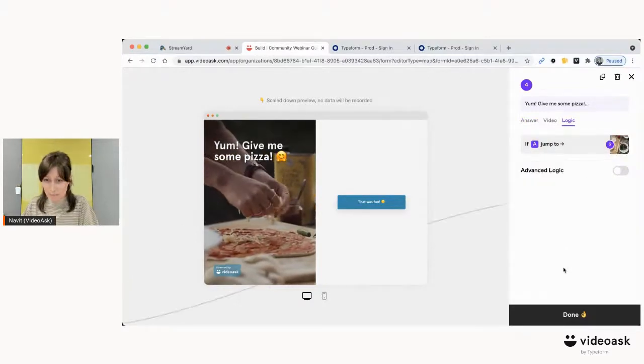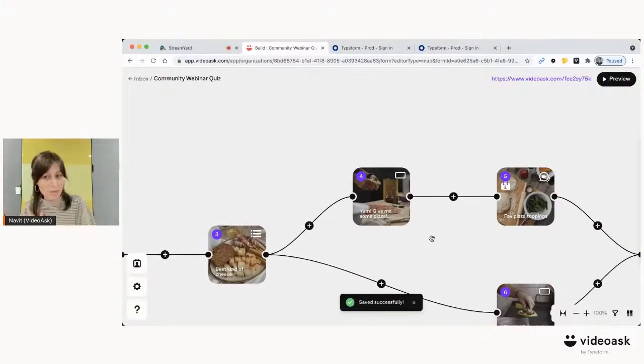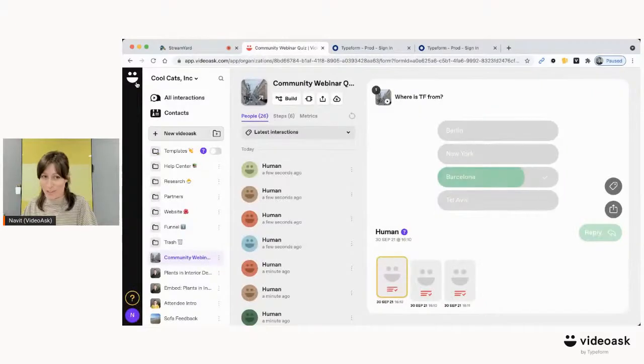And on this step, we're going to have a contact form. So what I'm going to ask is, if anybody is still filling out this quiz right now, if you do see that contact form, please don't share your private information. This is the internet, so I don't actually want to see that. But I am going to ask Grace to go ahead and fill out that form now so that we can see what it looks like to get a response to a VideoAsk with contact details, but then also with a